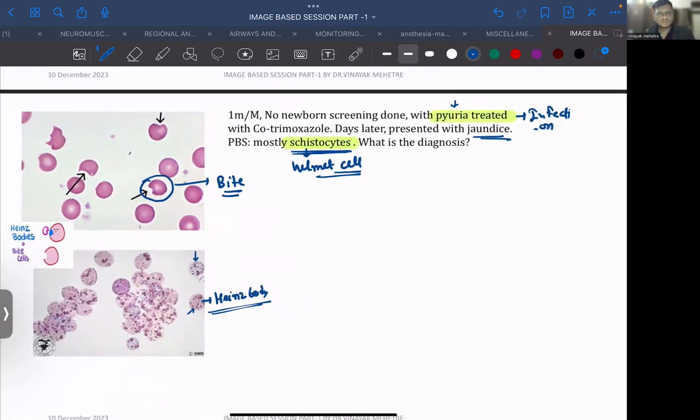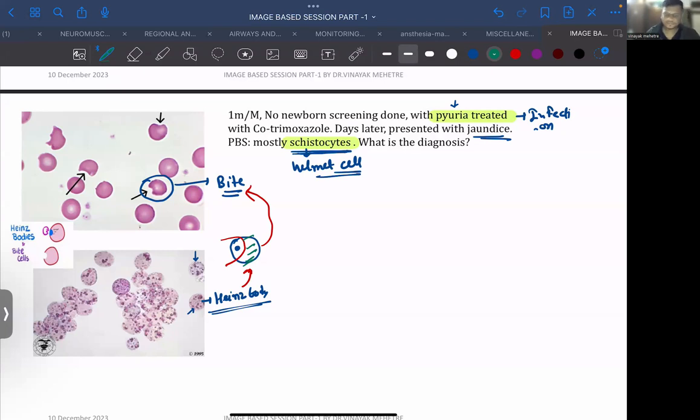Now our splenic macrophages come. Splenic macrophages will come and try to eat this deposition. जो deposit हुआ है, macrophages will come and eat this. Heinz body को खा लेंगे. And the remaining cell, if you take a look, looks like a bite cell. जो ये बची हुई सेल होंगी, that will look like a bite cell. Okay,